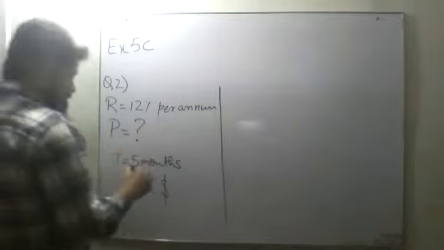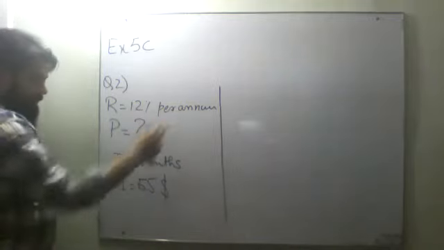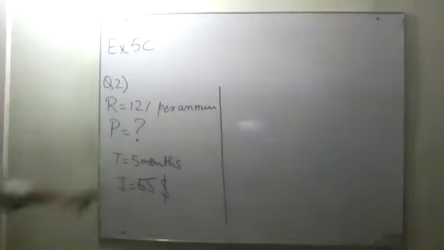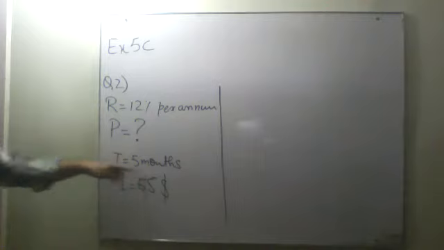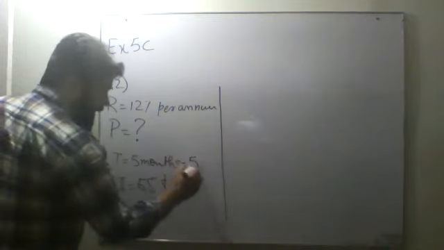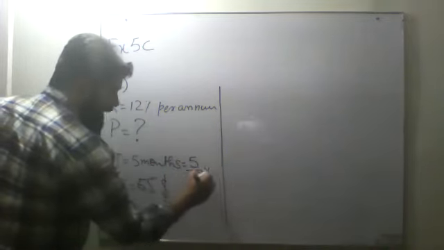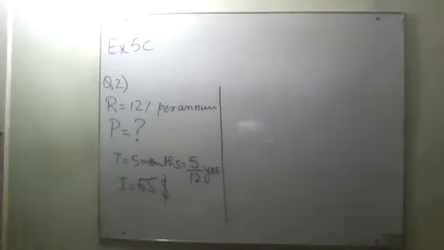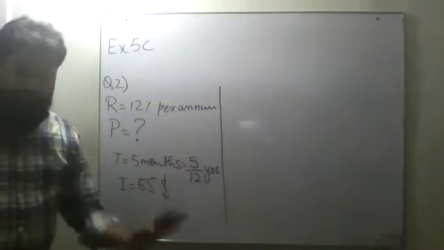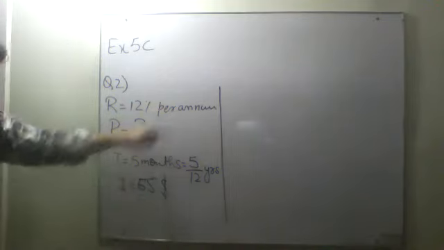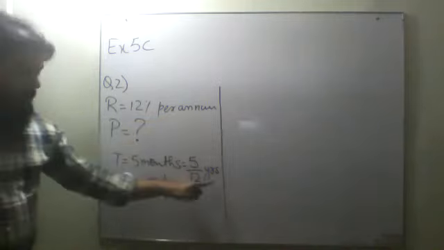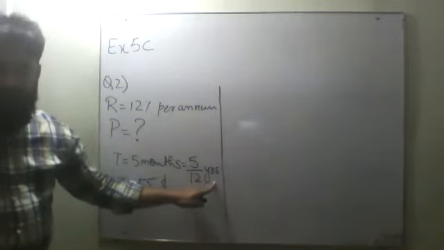First of all, this is given in annum and this is given in months. Per annum means per year. So you have to convert this also into years. How will you do it? If you divide 5 months by 12, that will become years. I'm not dividing it, I'm just keeping it in this form, 5 over 12. But these two should be the same. 12% per annum means year, and this is also in the form of year now, right?